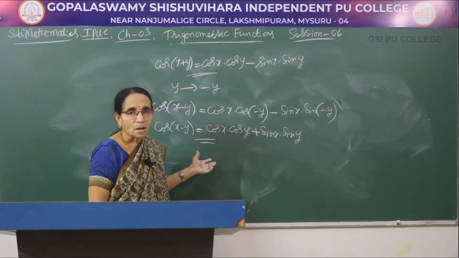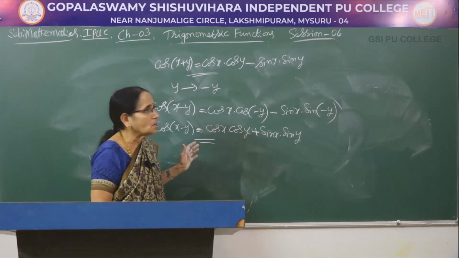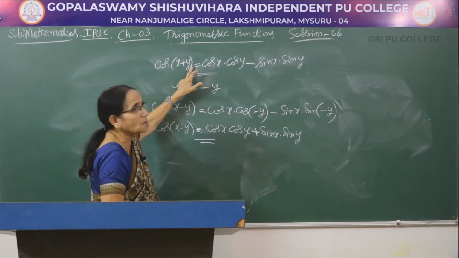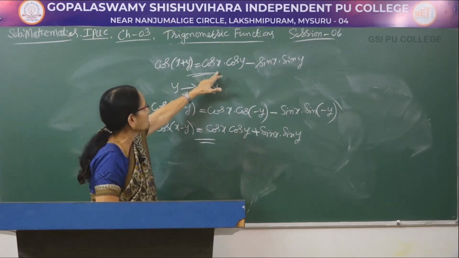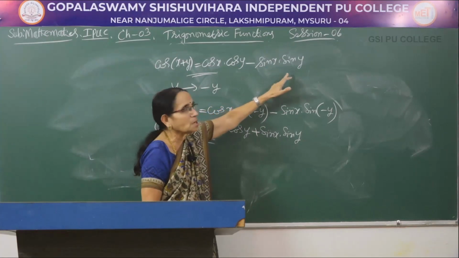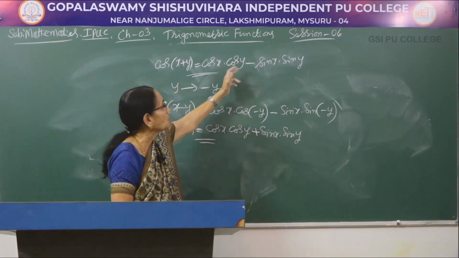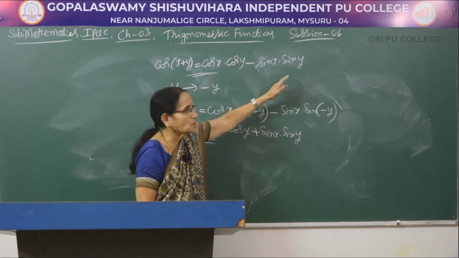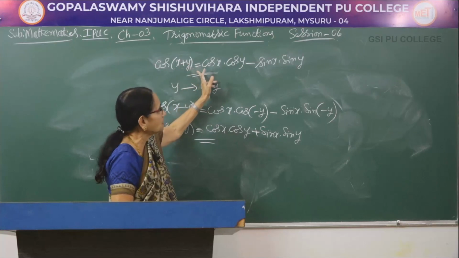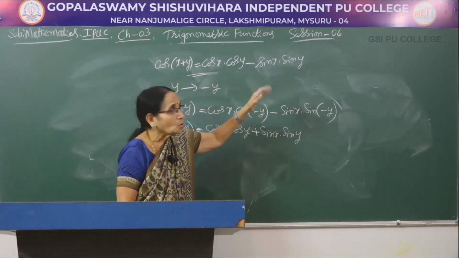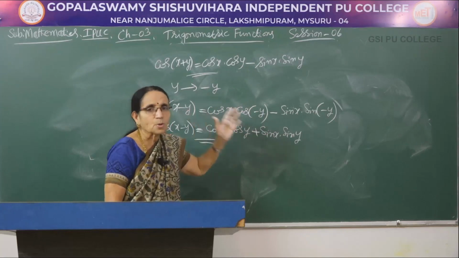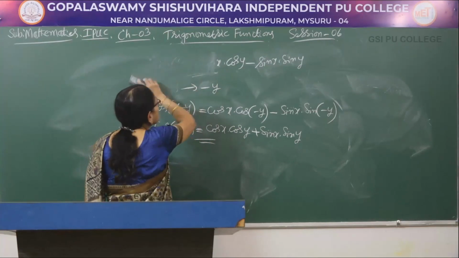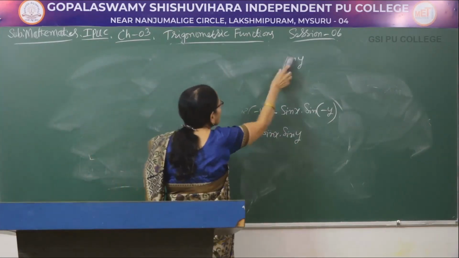After learning about the sin of x plus y and sin of x minus y formula. Here you take x to be say pi by 2, here you take it as say x. So cos pi by 2 into cos x minus sin pi by 2 into sin x. Cos pi by 2 is 0, 0 into anything becomes 0, minus sin pi by 2 means 1 into sin x. So it is cos 90 plus x is minus sin x. So whatever we have done already, we can also get to them using the compound angle formula. So this is how you have to derive the formula.